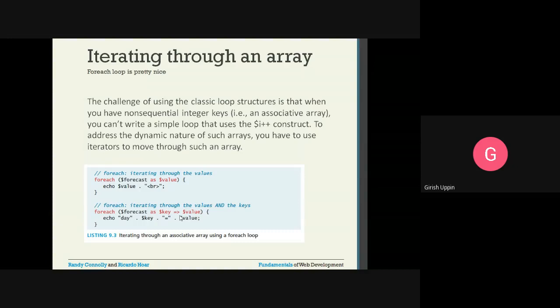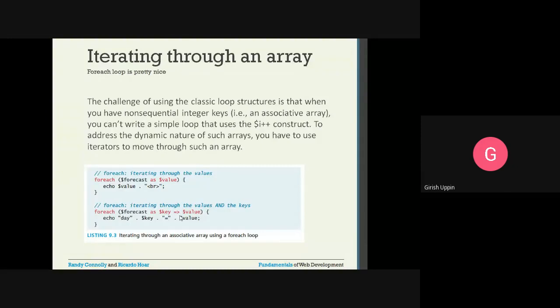The challenge of using the classic loop structure is that when you have non-sequential integer keys, that is an associative array, you can't write a simple loop that uses the $i++ construct to address the dynamic nature of such arrays. You have to use iterators to move through such an array.